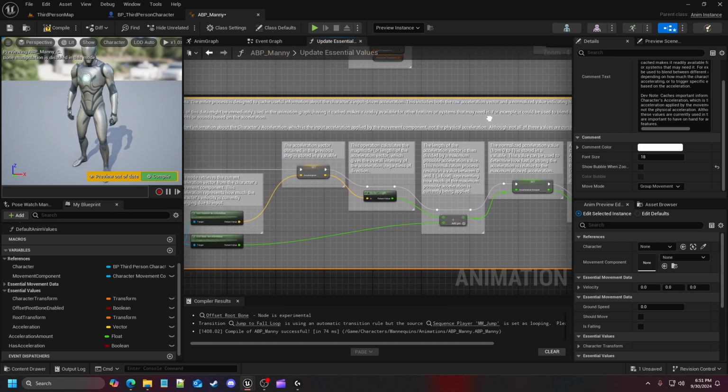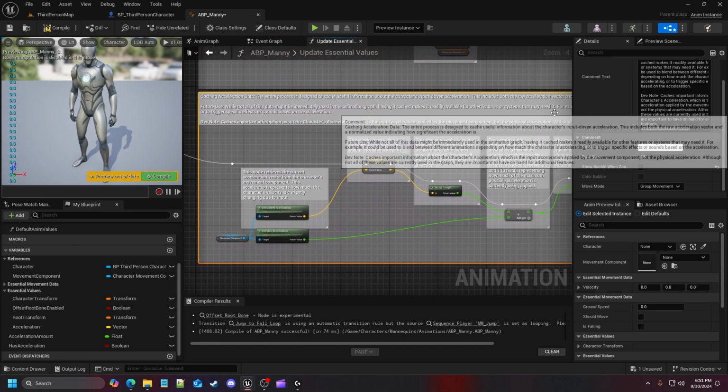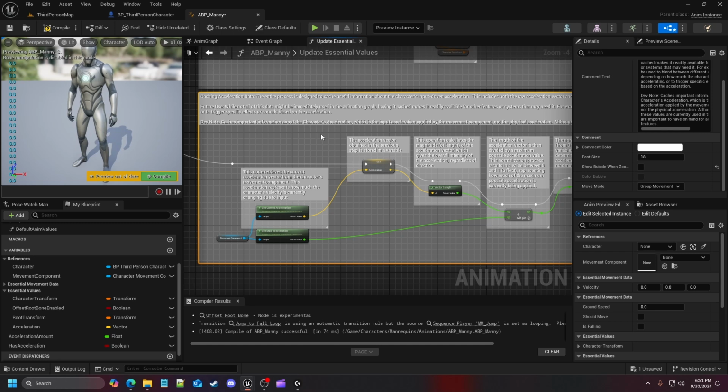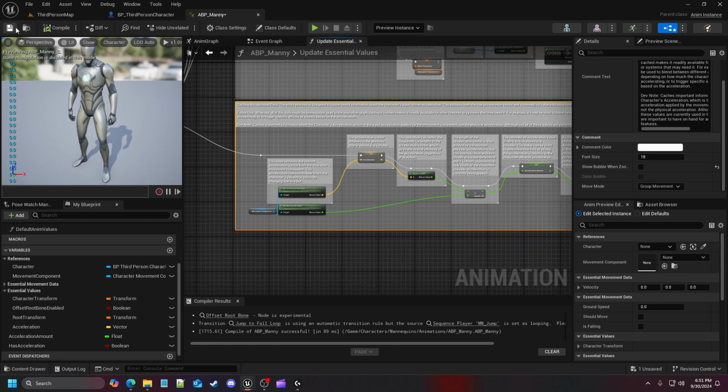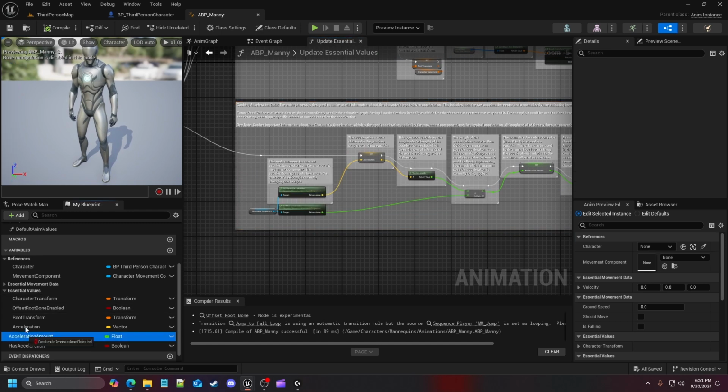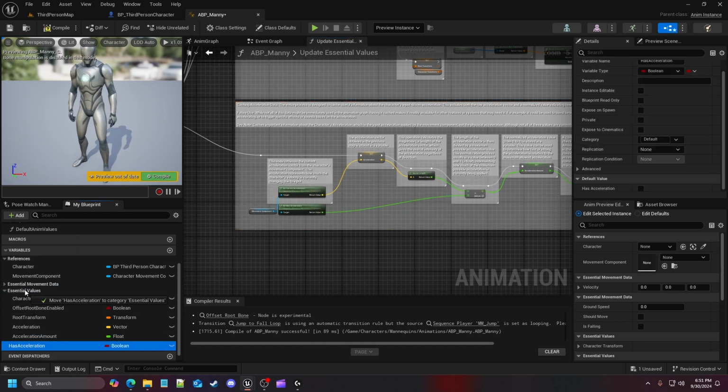Get specific animations, stuff like that. So again, just pause the video when you need to grab these. I know my notes are kind of long, but there is a bunch of stuff to go through with the animation blueprint. So it is important that I have these notes so I can better explain what's going on to y'all. So I'm going to compile and save this, and let me move my acceleration stuff in the essential